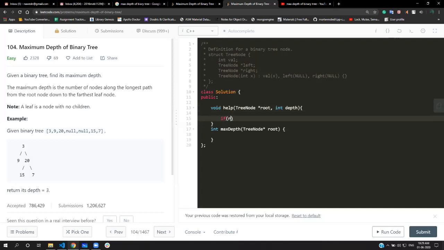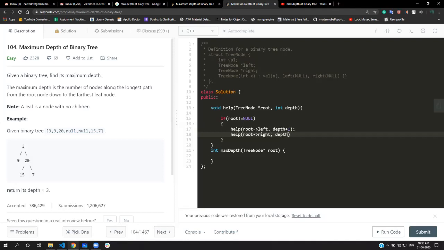If root is not null, then we will call this function again on its left subtree with an increased depth of 1. We will do the same for the right subtree, calling this function with the depth incremented by 1.